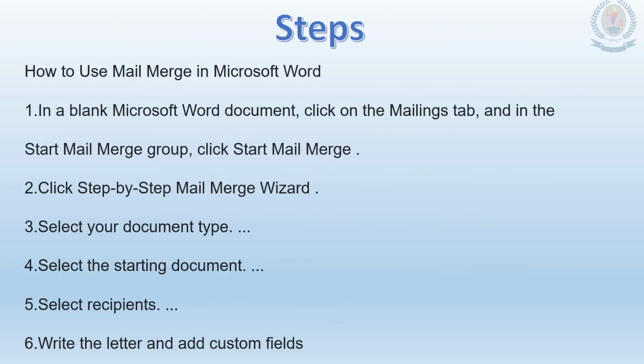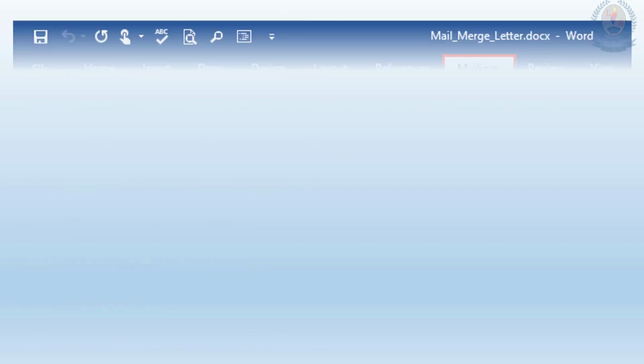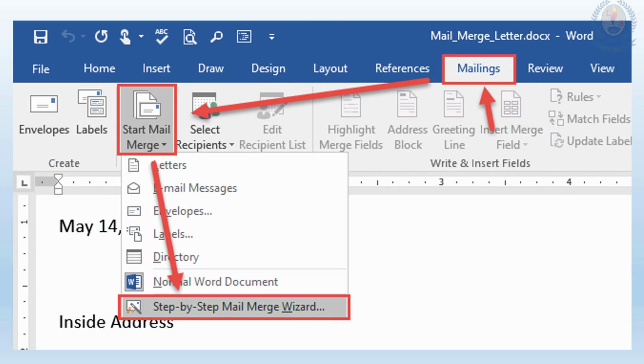These are the steps to follow. You have to click on the Mailings tab, then you can have the Mail Merge button, then you can insert the required fields, and then you can start mail merging, then you can finish the mail merge with the new document. So we'll see how it happens. This is how mail merge works. Go to the Mailings tab, then select the Start Mail Merge button.